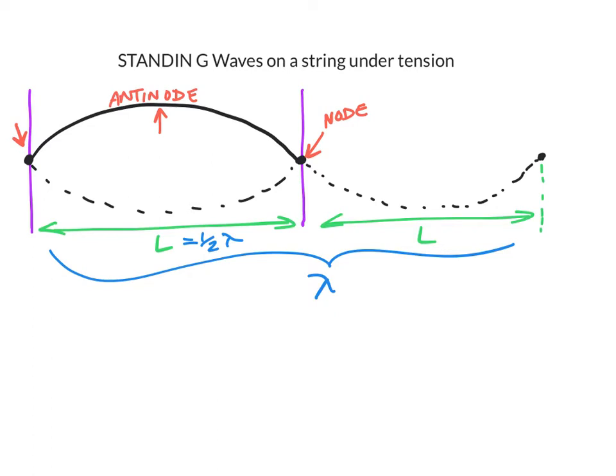Or you could call it this thing equals 2L, however you want to look at it. And so we have this interesting piece of the puzzle. Now what if I do that first harmonic bit, all right,